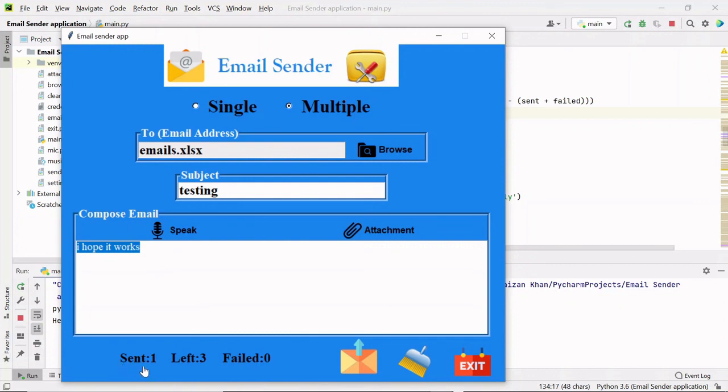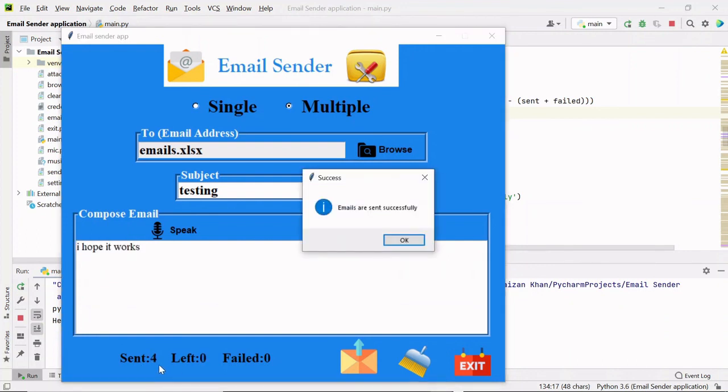You can see the status here. 1 is sent, now 2 are sent, 2 are left, 3 are sent, 1 is left, and 4 are sent successfully. So there are no failed emails, and all 4 are sent successfully.